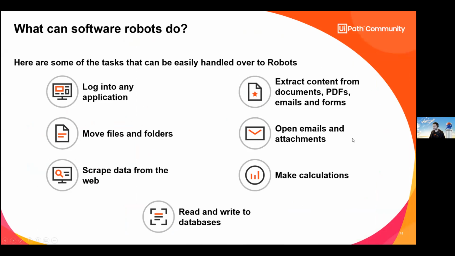But we mentioned right now what is RPA and what is not, but let's see what software robots can do. From now on, we are gonna talk about software robots, just mentioned robots for simplicity, okay? So what can robots do? They can log into applications like we do, let's say, I don't know, SAP, Salesforce, or any other application that you use on your daily jobs. They can work with files, folders, copy and paste data between applications. They can read emails and extract the attachments and actually read those attachments, like, I don't know, let's say a PDF, an Excel, text document, or any other type of documents that you may have.